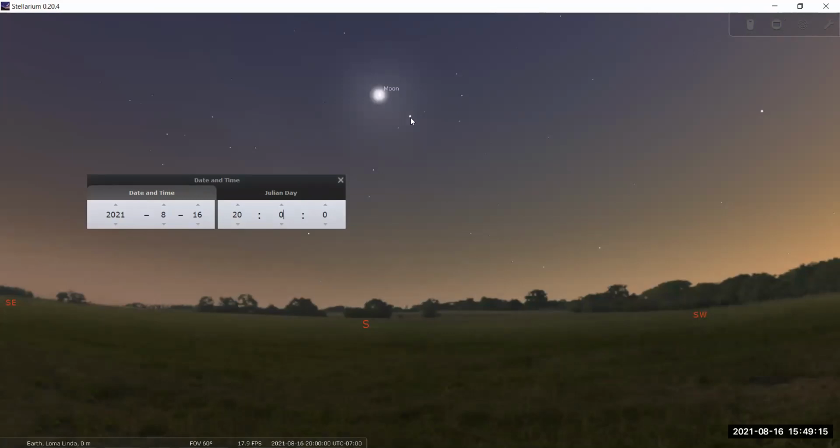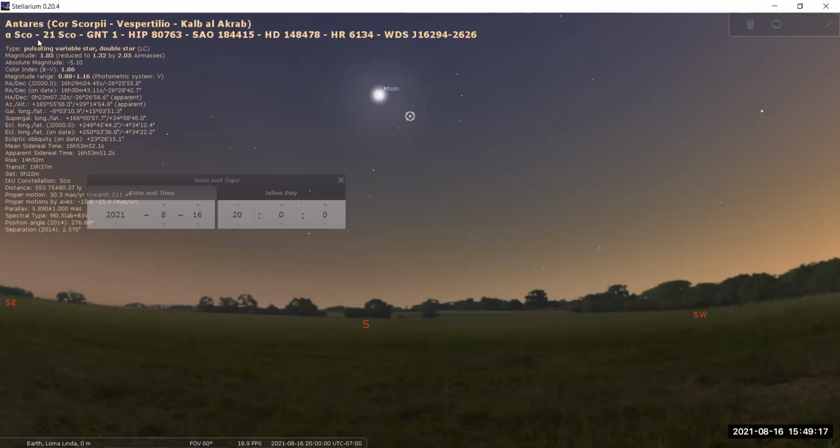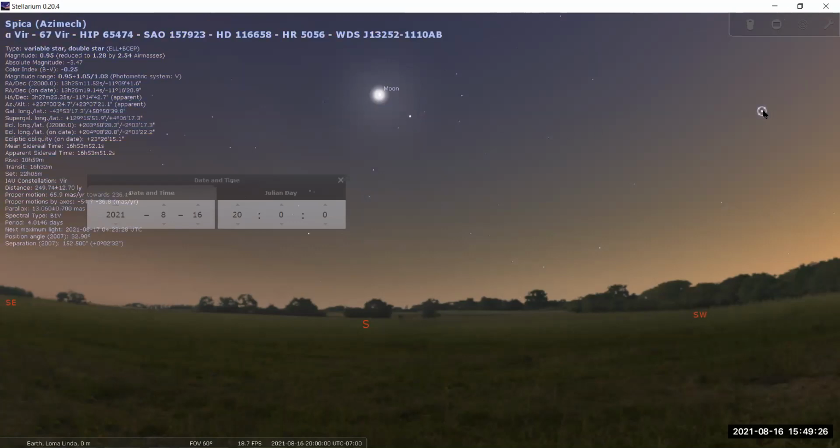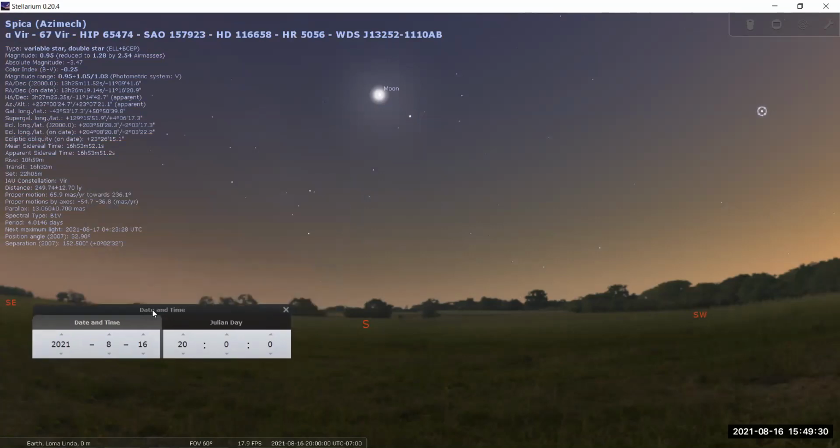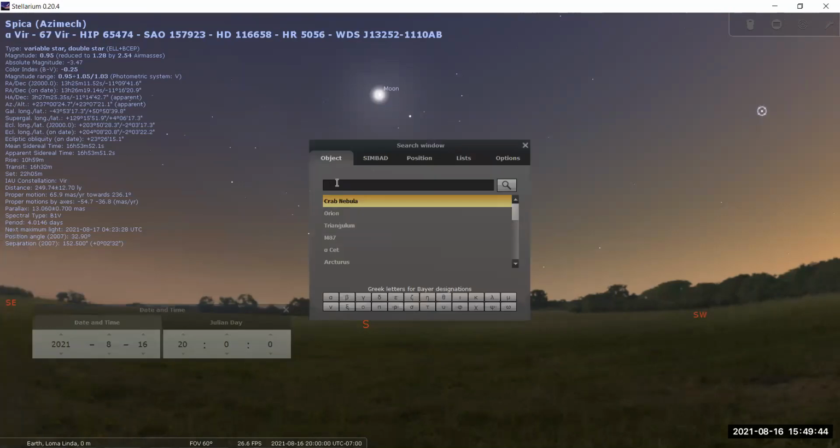The moon is in here. This bright star in here is Antares, which is a big star in here. And you can clearly see it's kind of a yellowish star. So this gives you actually how the stars would look like. What is this object in here that is super bright? That is Pipa. So those are stuff that I can see in the night sky. I'm interested in trying to find where Jupiter is. Okay, so I can come in here. And where is it? Is this the search button? And find where Jupiter is. Jupiter.